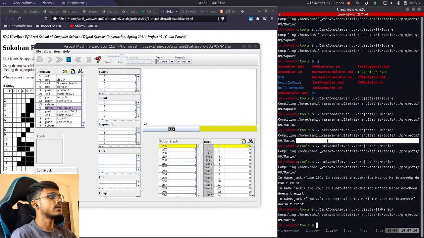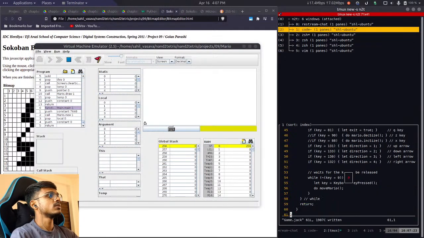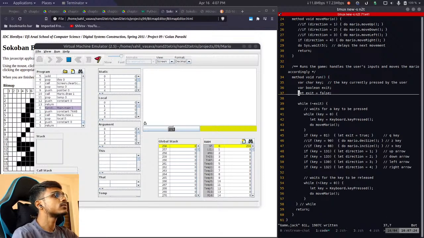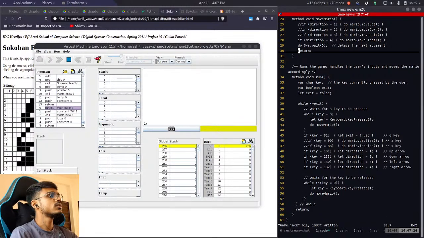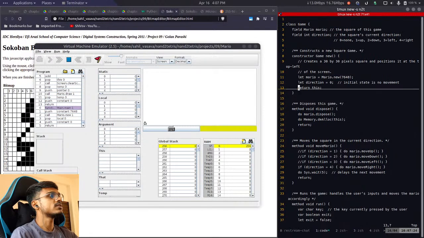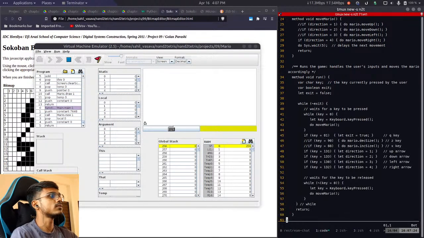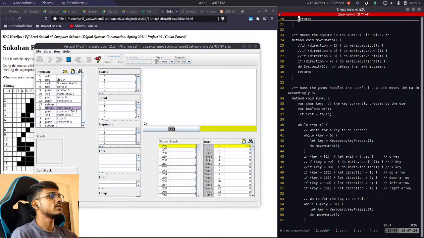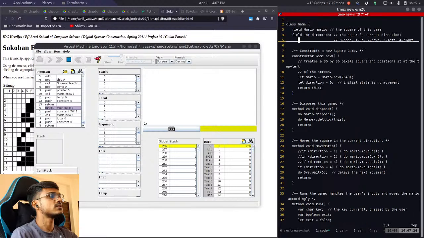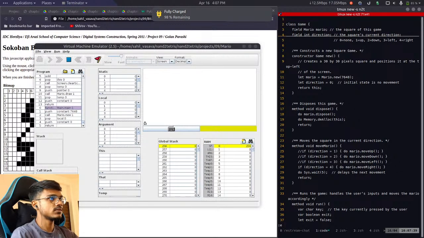Nothing is happening. That means there is a bug in this run function. Wait, but where are we calling this run function anyway? Yeah, so that's the problem. We are not even calling this run, and we are not even creating the instance of this game. So let's fix it. Need to go inside emain,